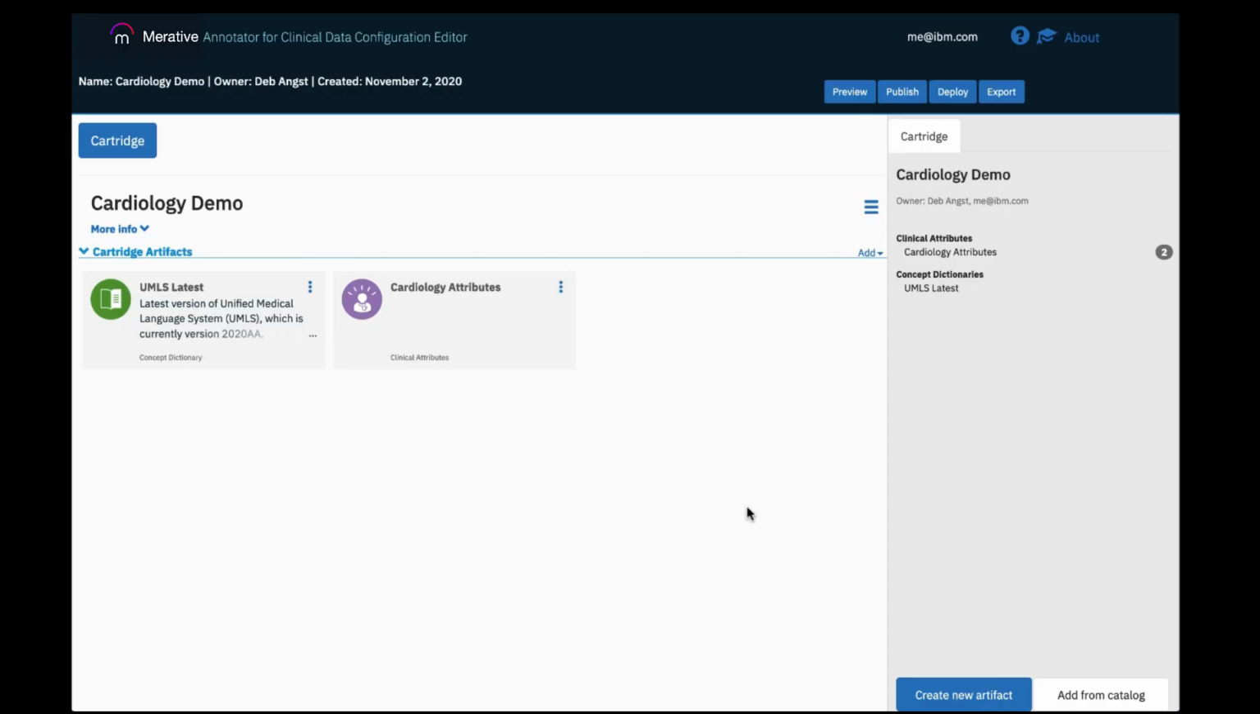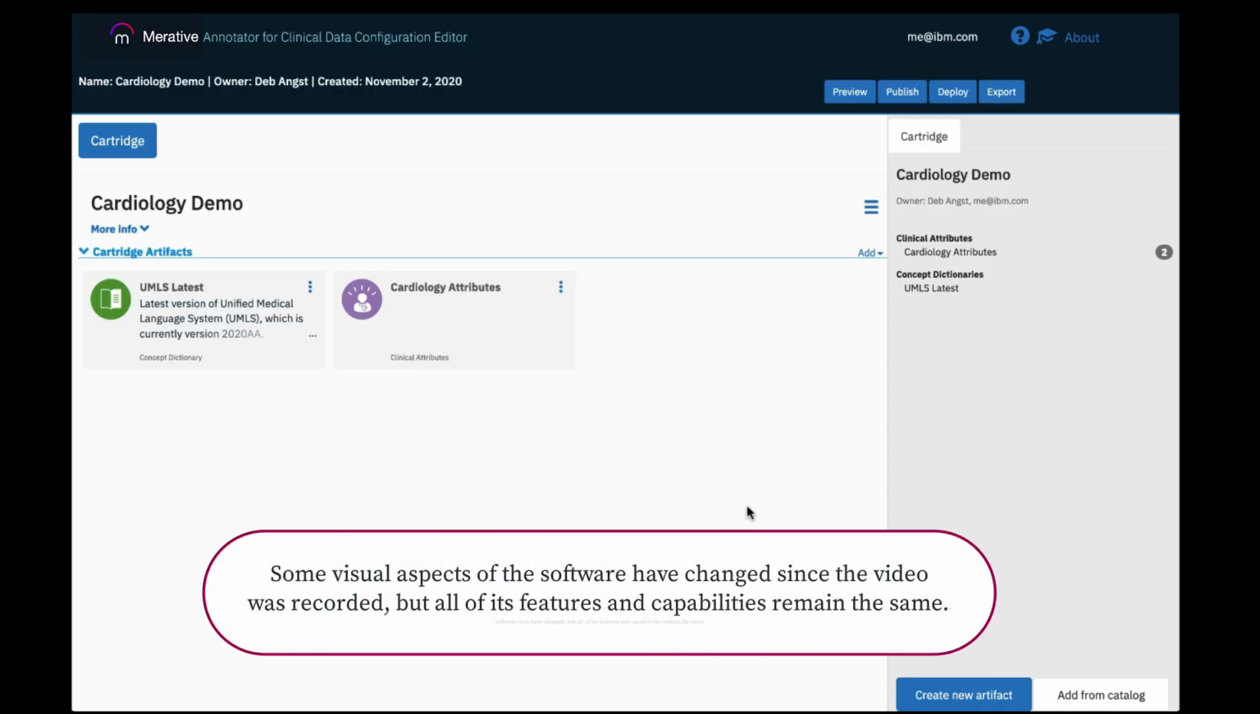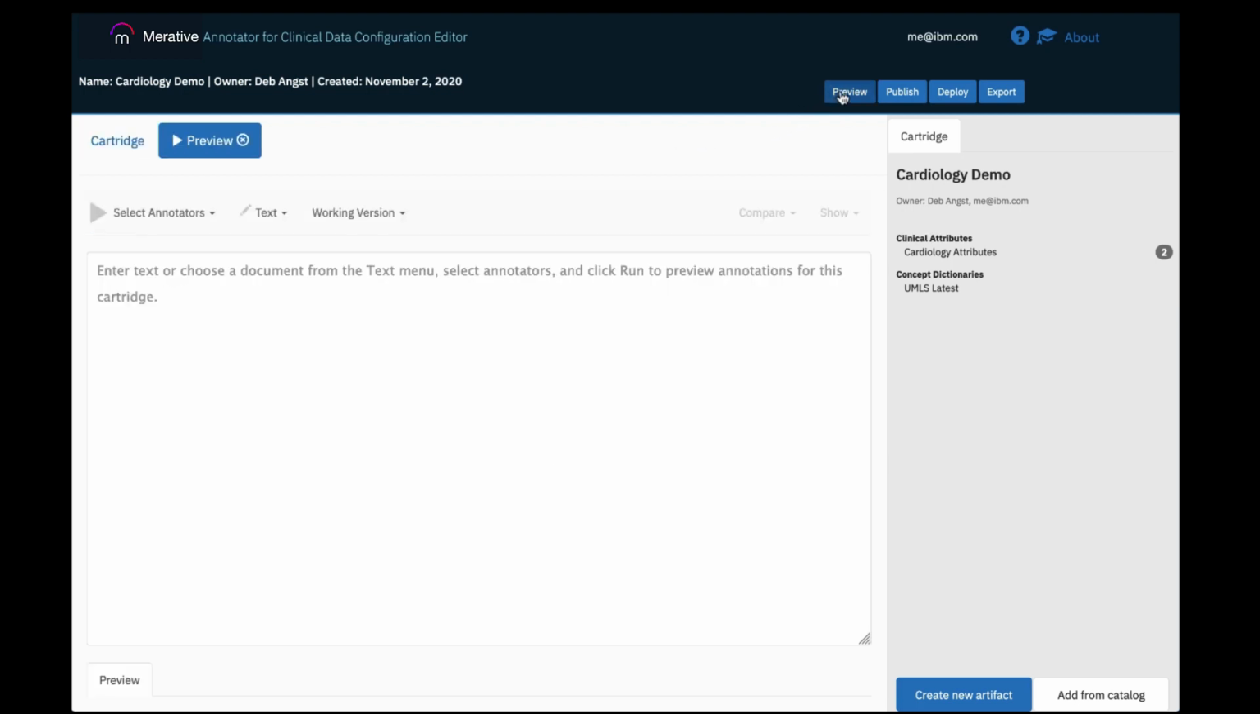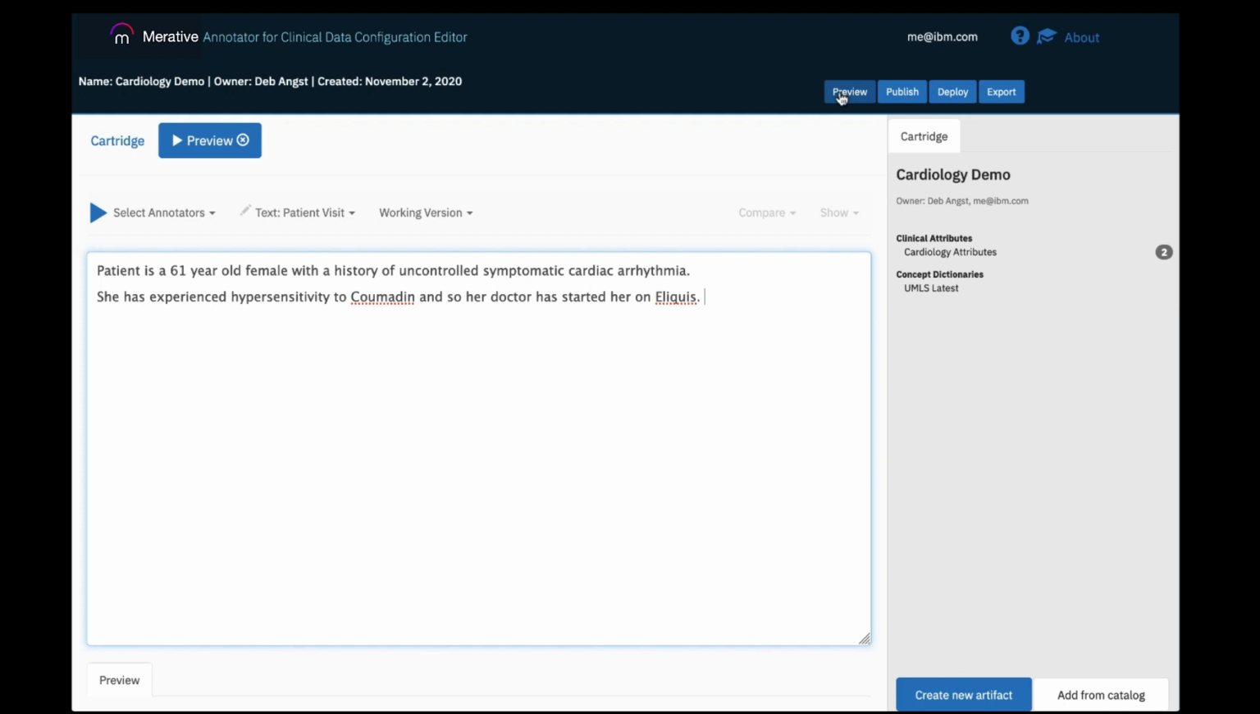Here I have a cartridge called Cardiology Demo. The cartridge contains two artifacts, the UMLS latest dictionary and an attribute set called Cardiology Attributes. Let's go ahead and preview the cartridge. Here we have text that includes some details about a patient with a heart condition and the patient's medication. If I go ahead and click Run,